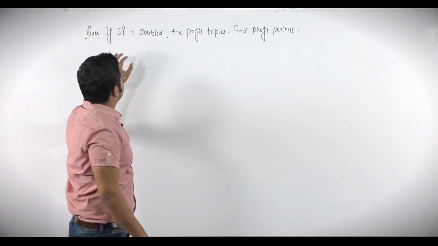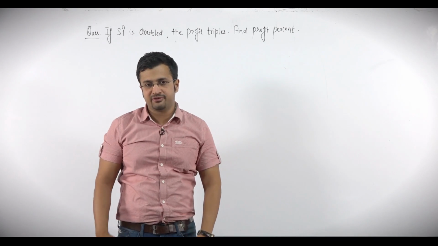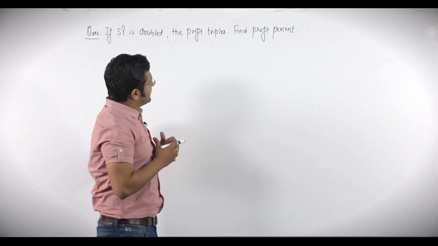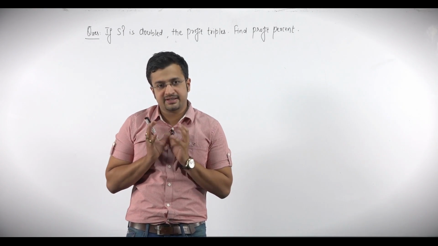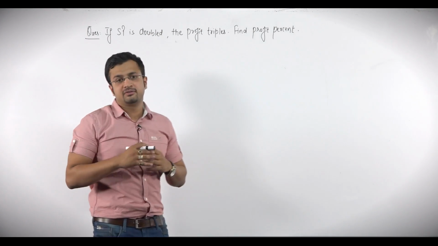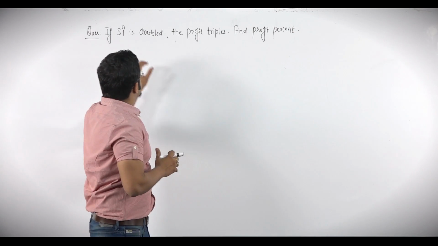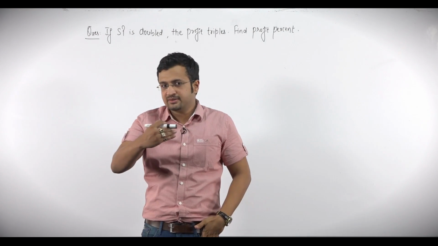So our next question is, if selling price SP is doubled, the profit triples. Find the profit percent. That means the question looks very easy. It is smaller question, but so many people are not able to solve this. See, they are saying if selling price of some article is doubled and